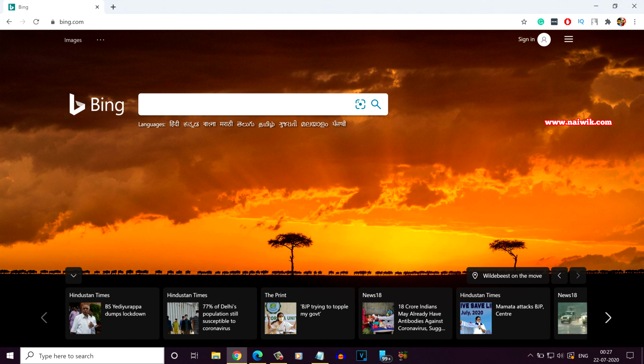Now coming to the sixth feature, which is you can turn off auto restart apps. For example, if you have opened any browser on your PC and if you have restarted your PC accidentally without closing the browser, the browser will open automatically once you have restarted the PC.